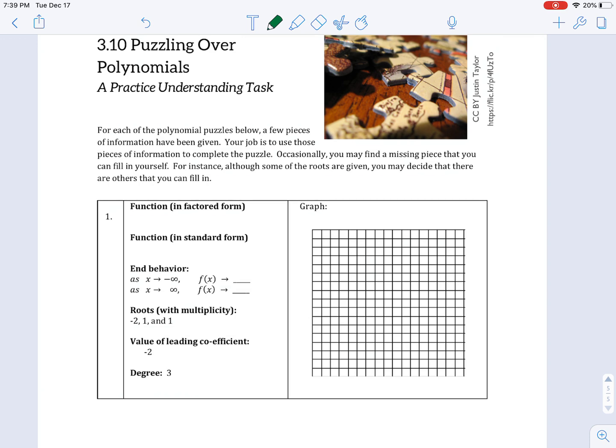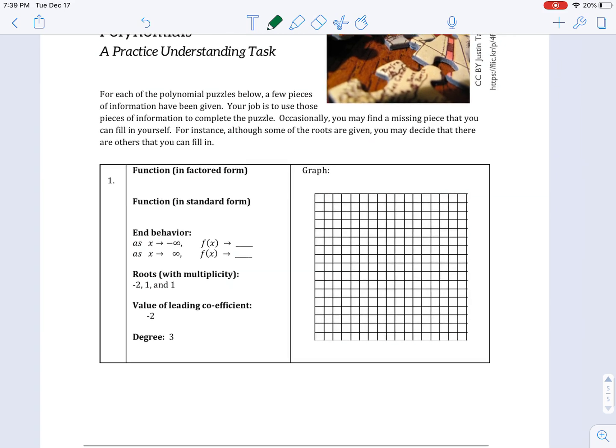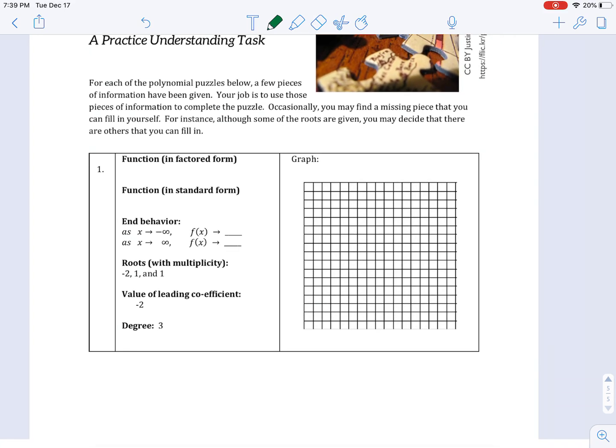So what I want to do with this is I want to write this into factored form. So for that, I'm going to make this x plus 2. We got a leading coefficient of negative 2. So I'm going to have negative 2. Actually, my